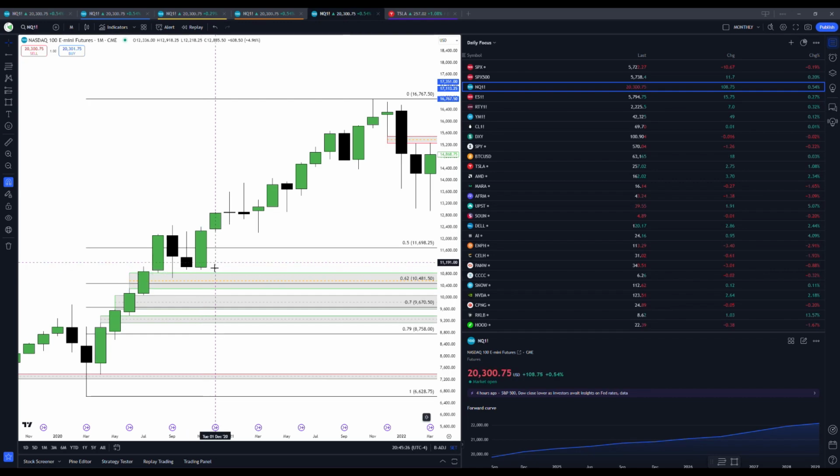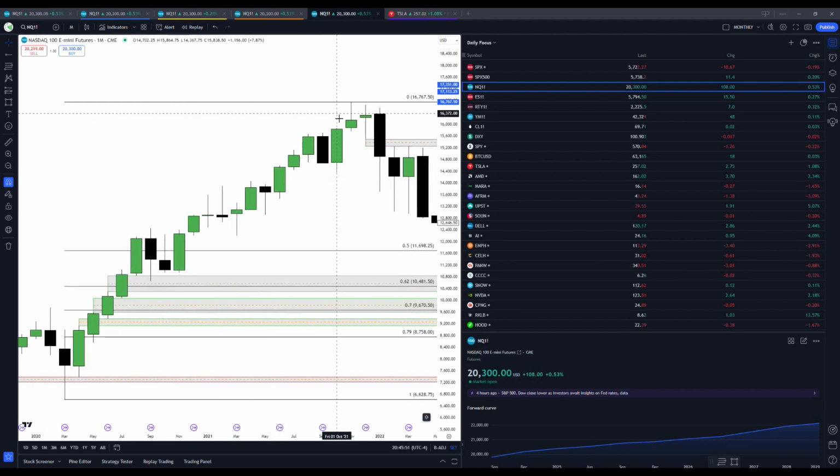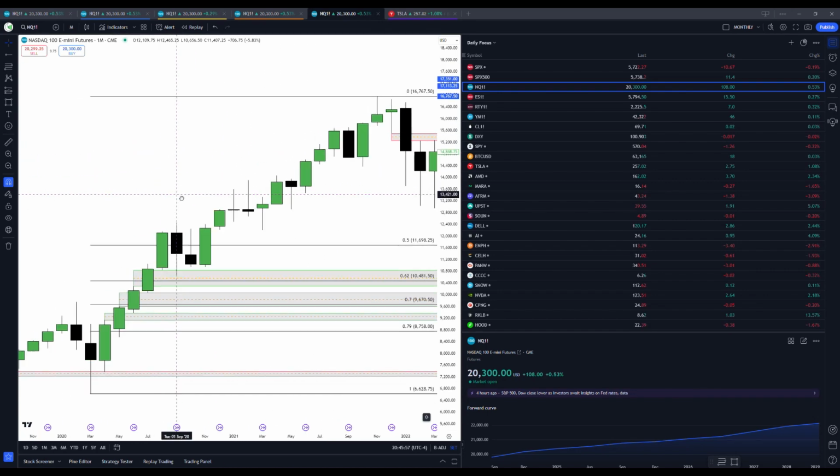Here's what I mean by that. You have your entry at some point inside of this imbalance. You can even say to yourself, I want to see us leave the imbalance before I enter. That's fine. If you're anticipating price to go up from that point, what's the problem with letting it show you it can get out of it? That's fine. You might be a little late. You might lose out on a couple of points, but that's okay ultimately, right? As long as price is going where it's going and your entry is not, let's say, for example, up in this vicinity, right? We'll get to that in a second when we map ranges.